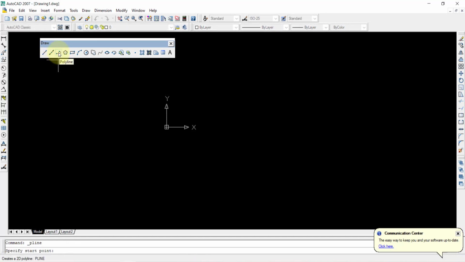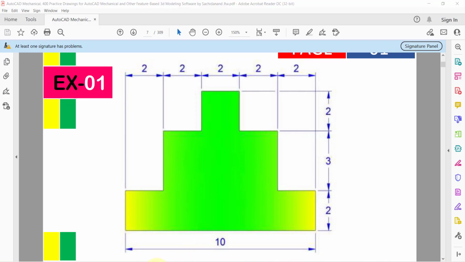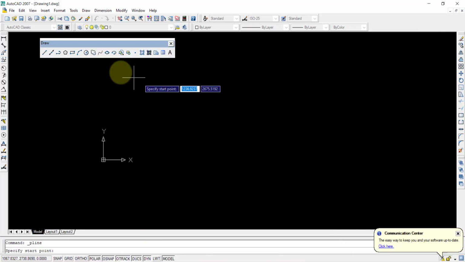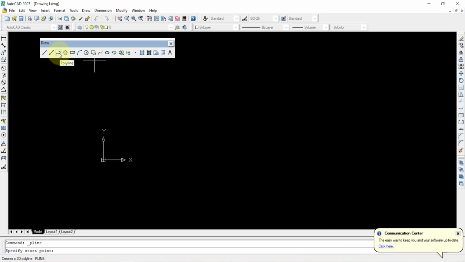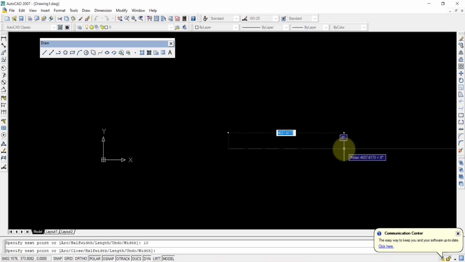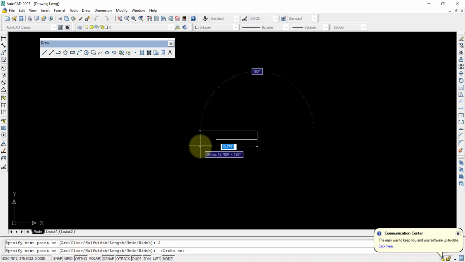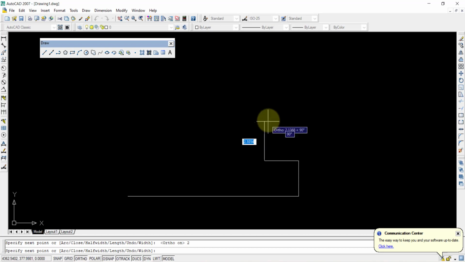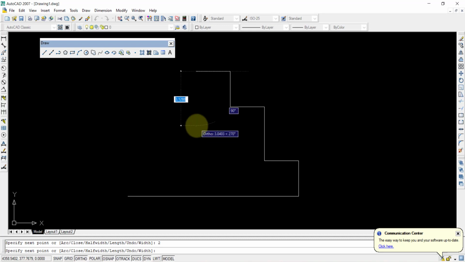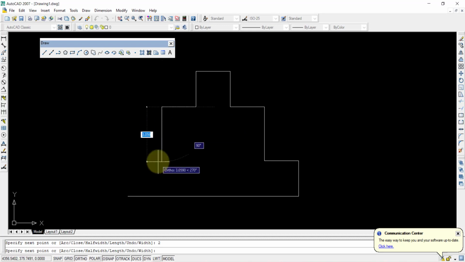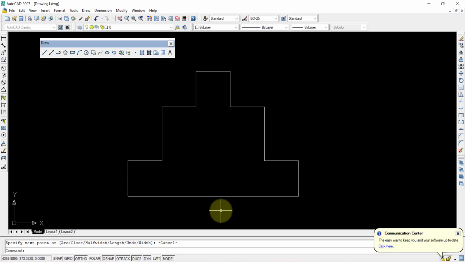Then coming to the polyline, by using the polyline I'll draw the same diagram, then I'll talk about it. So I've used the polyline command. Also the shortcut is PL, enter. Then I'm selecting this point and this side it is 10 mm and to the top it is 2 mm, and this side, with the ortho button on, it is 2 mm. Again to the front it is 3 mm, and this side it is 2 mm, and this side it is 2 mm, this side it is 2 mm, bottom it is 2, enter, and this side it is 2, enter, and bottom it is 3, enter, and this side it is 2, enter, and last I'm doing it connecting here. Escape. So I have escaped out of the command.